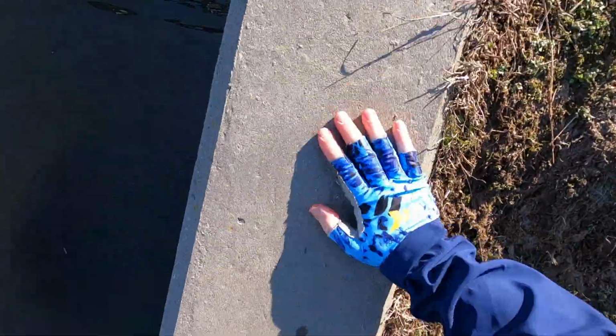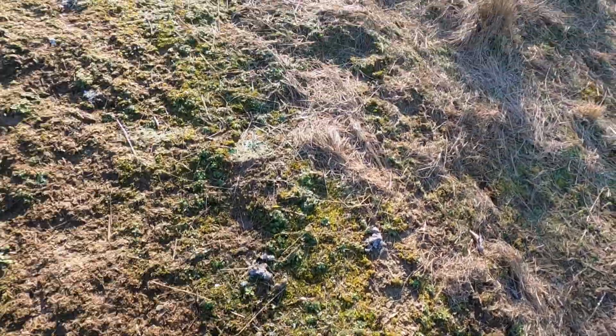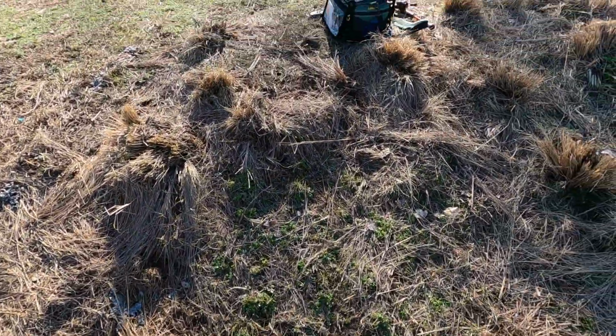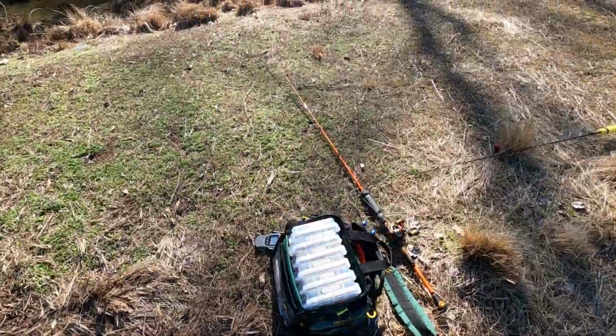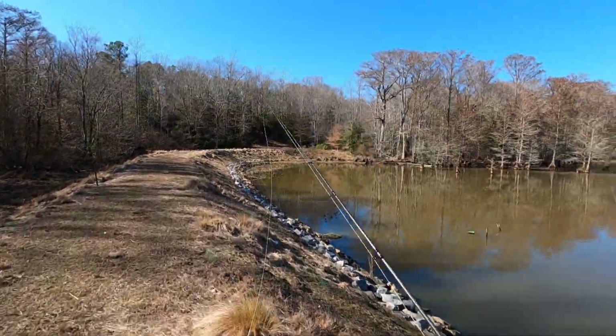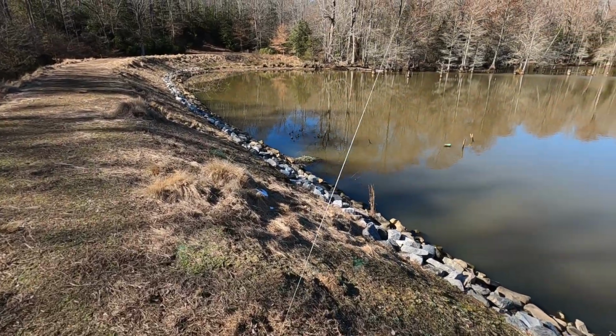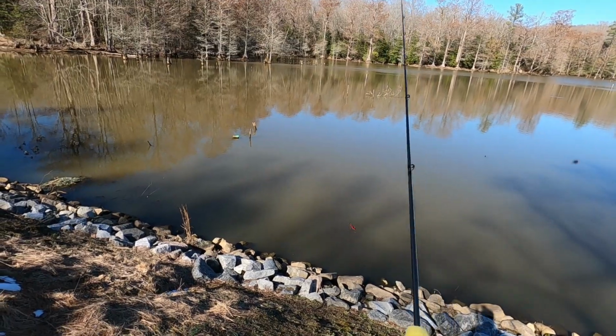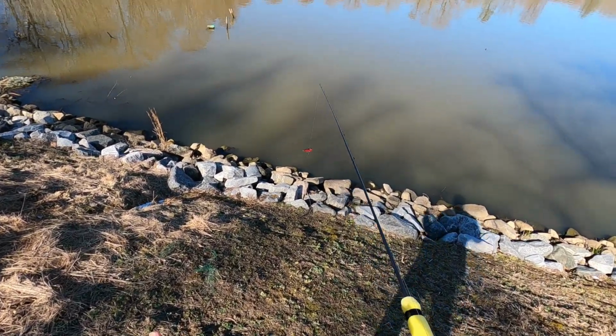Oh, nice. Nice start of the day, guys. Nice. That is exactly what I'm talking about. Whoo! All right, guys. What a just insane way to start, guys. Insane. Remember, red lipless crankbait, fishing it more like a jig, casting it out, letting it drop, pulling up on